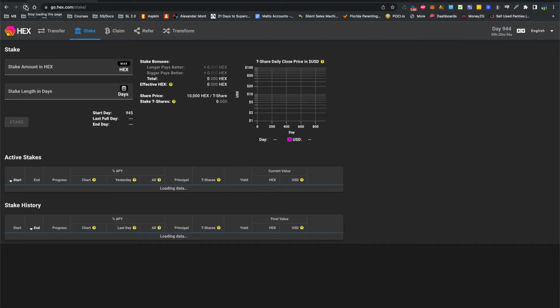And then I think it's around 8 or 9 o'clock Eastern time is when everything gets updated, like the amount of interest you earn. Very important that when your stake ends, I think you have 10 days to end it or you lose your HEX. I don't know why it's like that, but